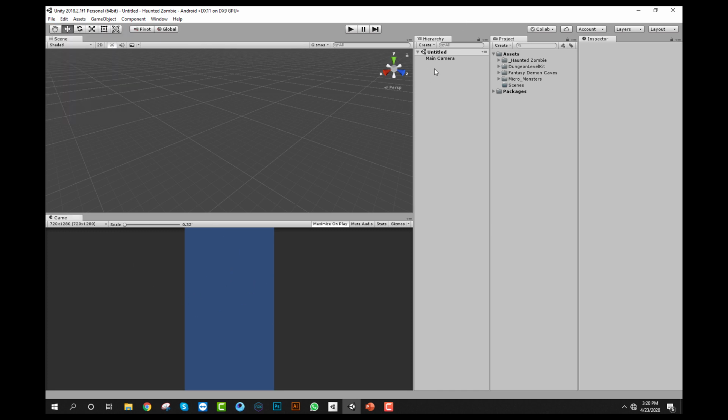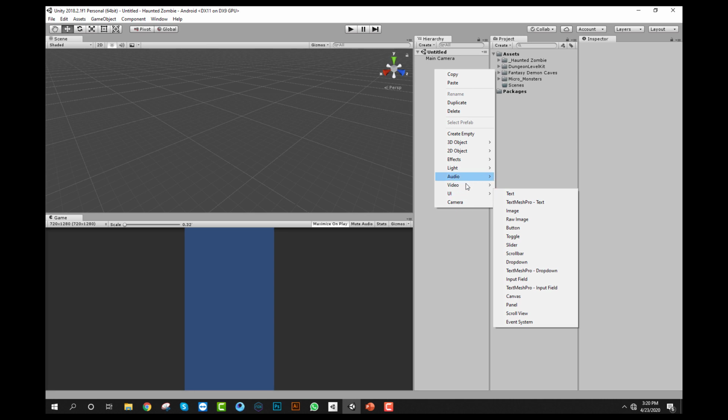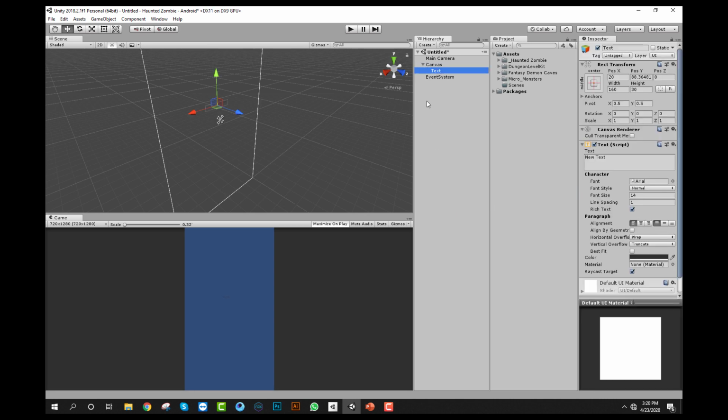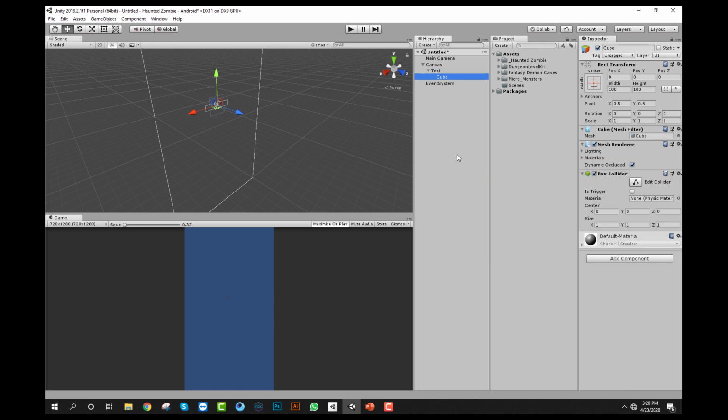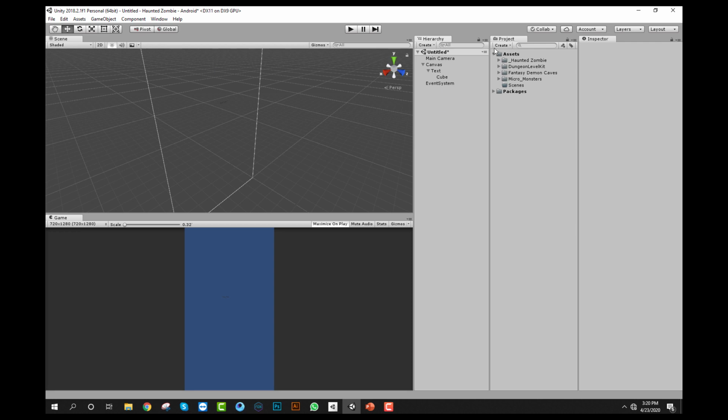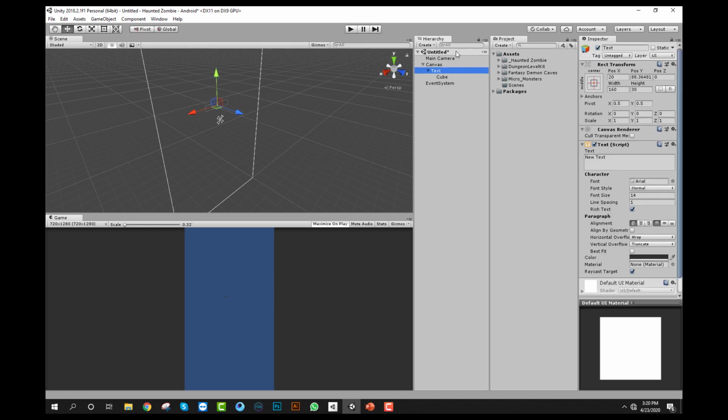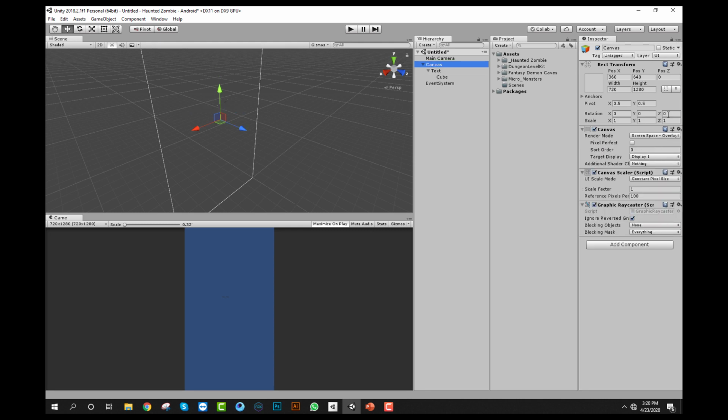This one, the hierarchy window, is where you can add or drag your assets, or you can use the built-in assets like 3D cube, sphere, anything you can use. This is the project window where you can drag your assets, and the definition of game objects or assets will be in the inspector window. So you can see the definition of all game objects in the inspector window.